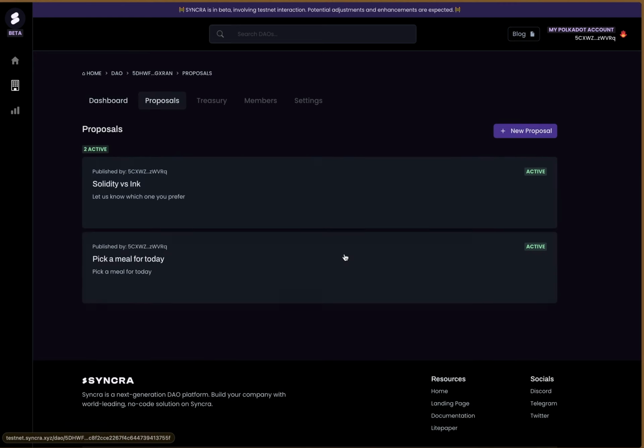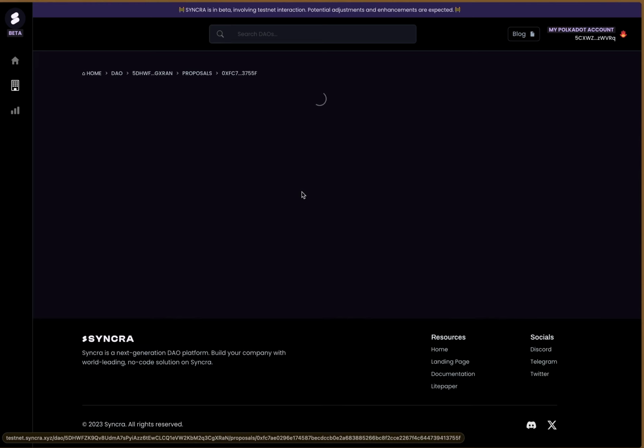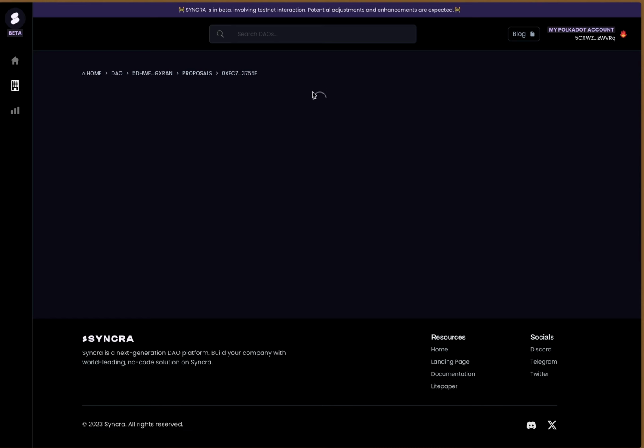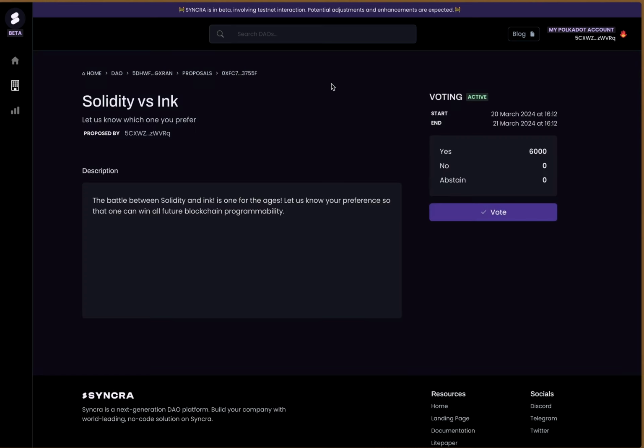This is too much empty space. A lot of useful information can go here without us having to click into the proposal and wait for it to load like this. You can see this delay. It's quite annoying if you want to browse through the website really quickly. So we've had some votes on Solidity versus Ink. I have foolishly, mistakenly put it as a binary option of choices rather than yes and no. So it's kind of ridiculous, but it's a testing phase, so it's fine.